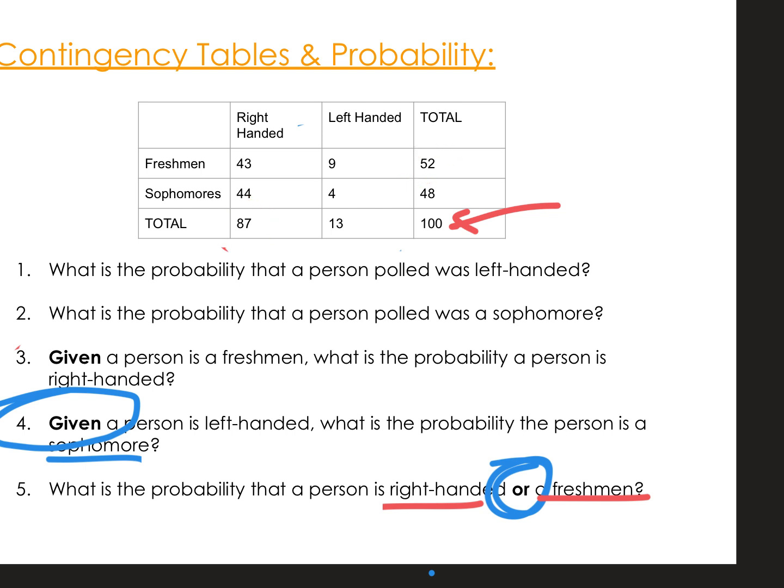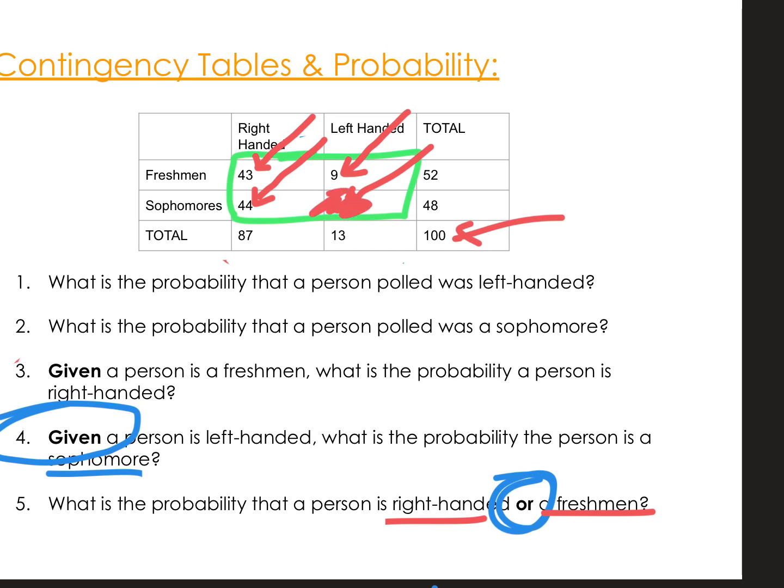Instead, look at your not-total numbers. It'll be these 4 are the actual people. The other things are all totals. And then you ask yourself, who is right-handed or a freshman? And you can ask these people, are you right-handed or a freshman? And they'd be like, yes, they're in the group. Are you right-handed or a freshman? Yes. Are you guys right-handed or a freshman? Yeah, they're one of the 2. All you have to have is one of the 2. Are you guys right-handed or a freshman? No, so they're out. So then it's those 3 out of 100.